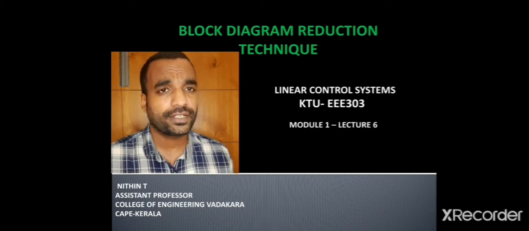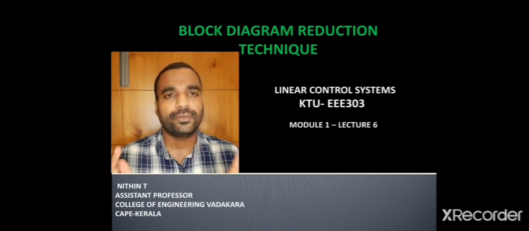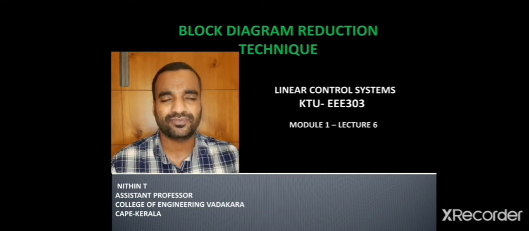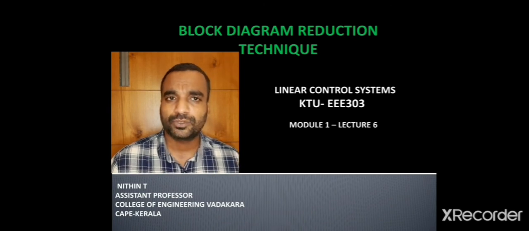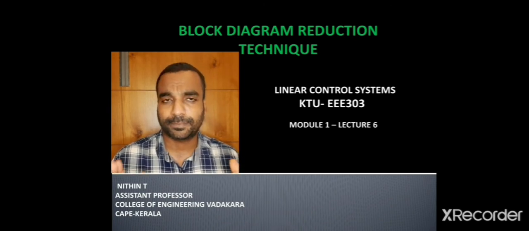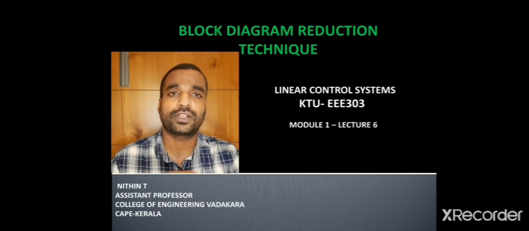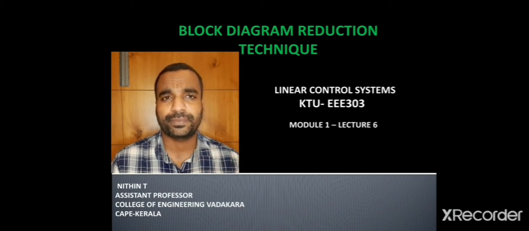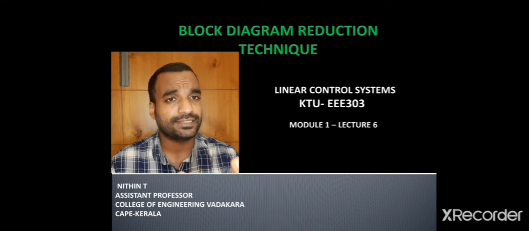Actually, we know that in any control system, if we model that system, we may have a number of blocks. Each block may represent a process: what the input is and how the input is transformed to output. So G of S is generally the Laplace domain representation of the forward path gain. It may be a mathematical equation obtained by the analysis of the various processes done by it.